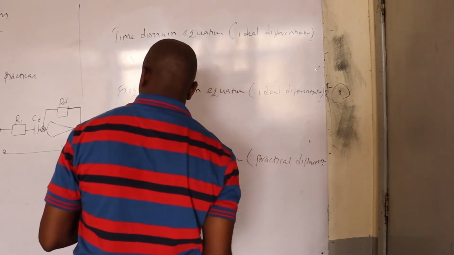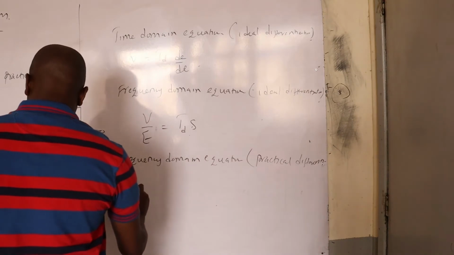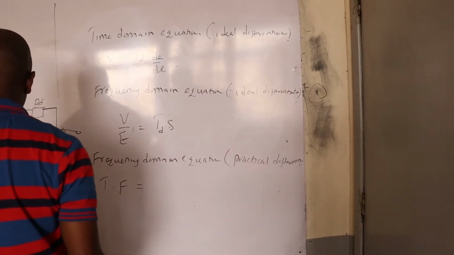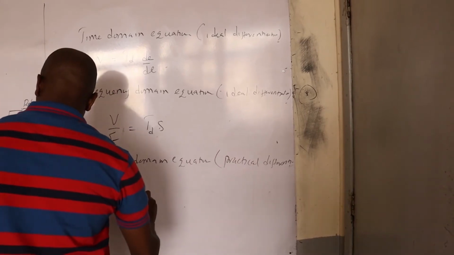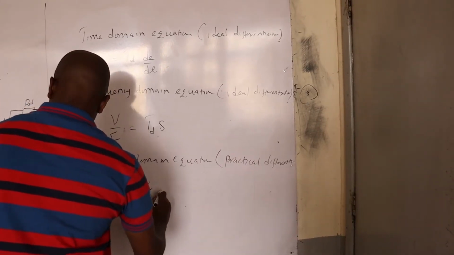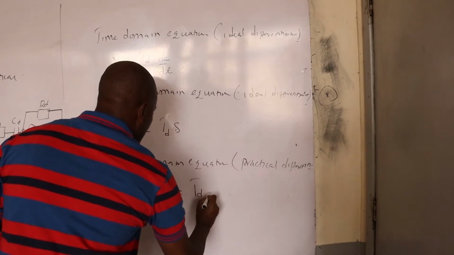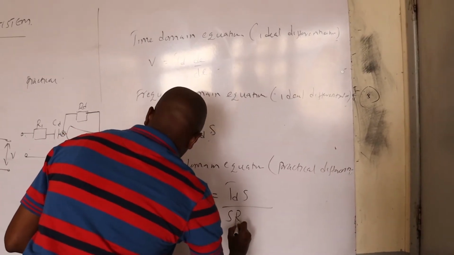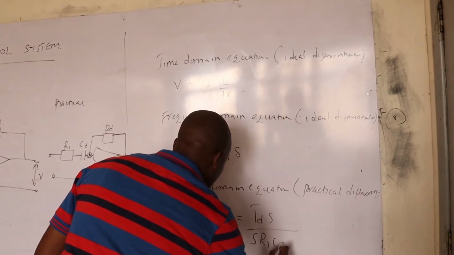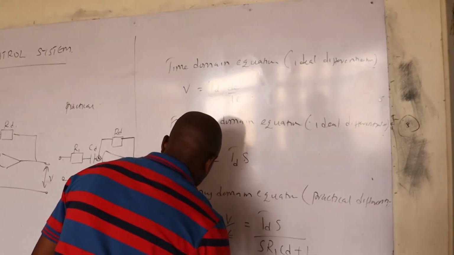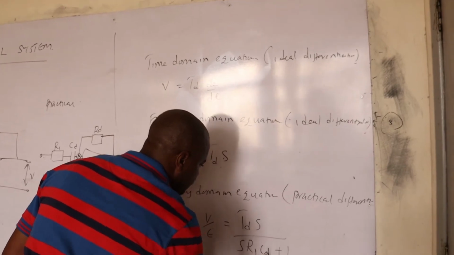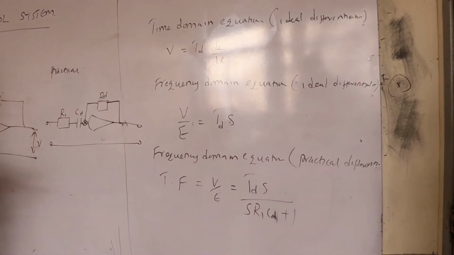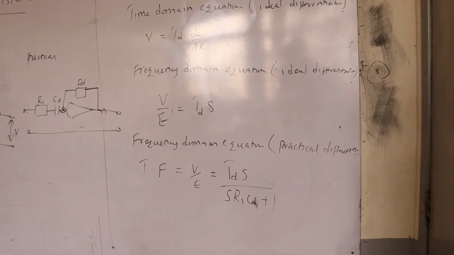So when you talk of the practical differentiator, then the transfer function will simply be given by V all over E, which equals TD s all over s R1 CD plus 1. And in this case, the other things will remain the same,